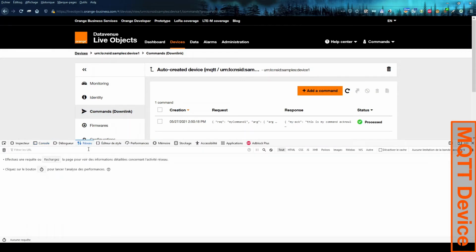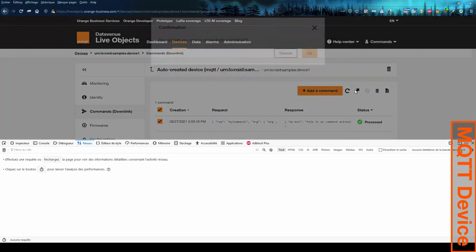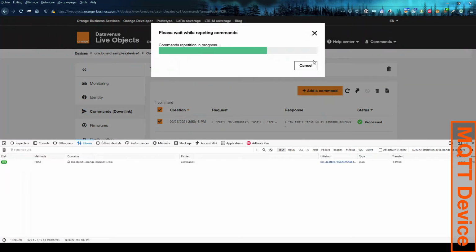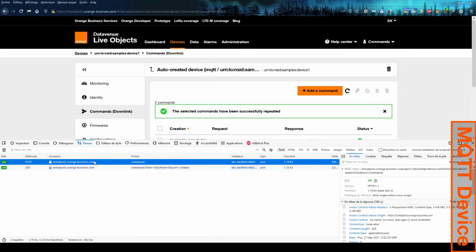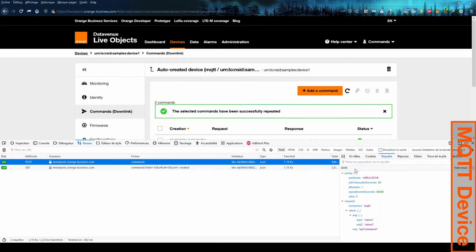So let's go to the network tab. We might repeat this command. Okay. So what happened here? The post has been sent, and in the request we can see what has been sent, all the parameters and the full URL here.